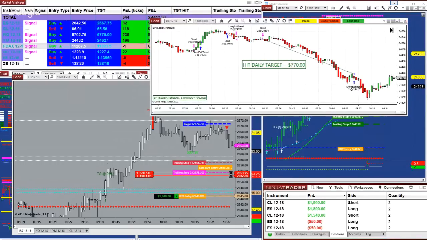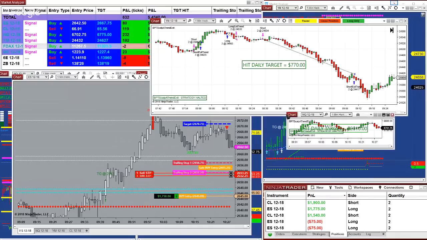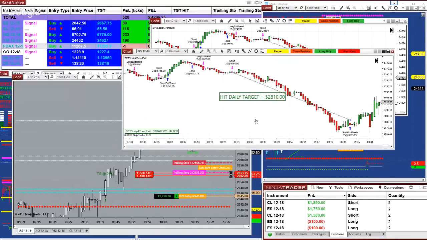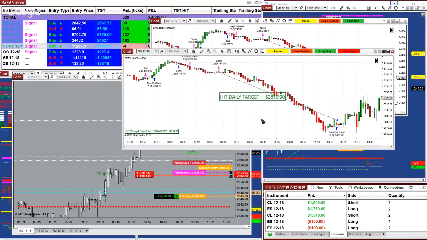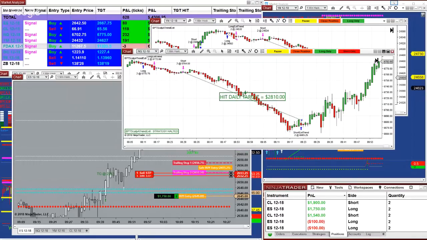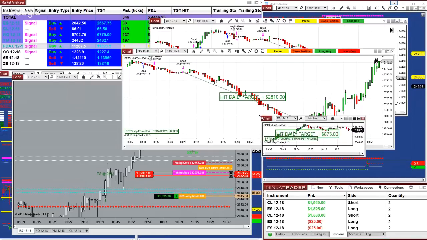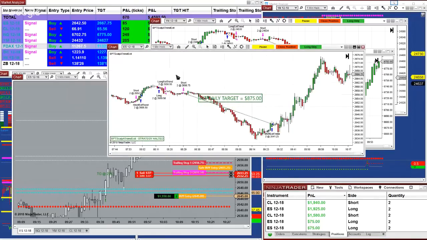And this is the NASDAQ. NASDAQ did very well on that last trade, 2810. And the ES, 875. They're all on a $500 daily target, but when the market is going in your direction, it's not going to close. It's going to stay. The last trade is going to stay there. Okay, so